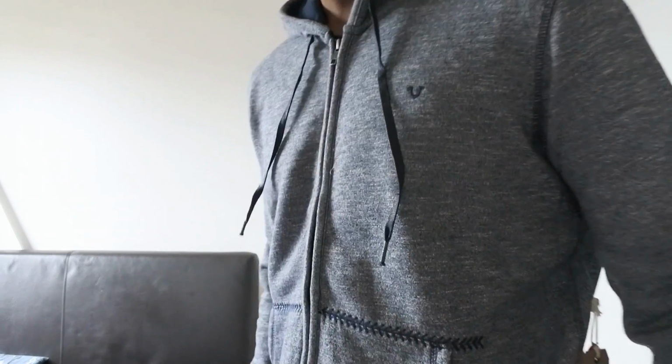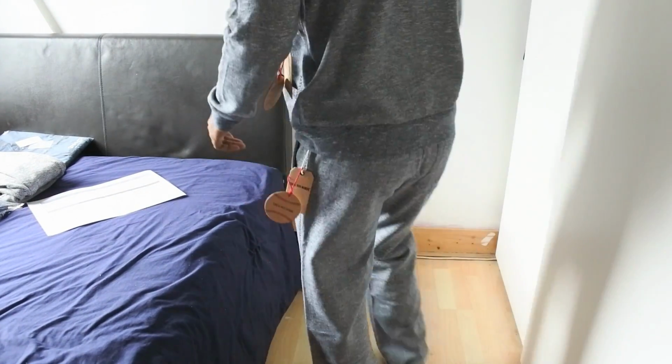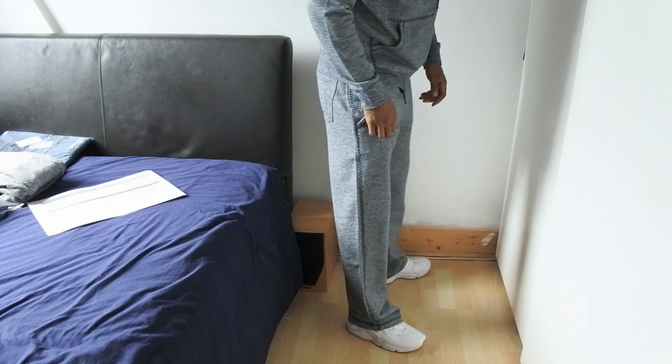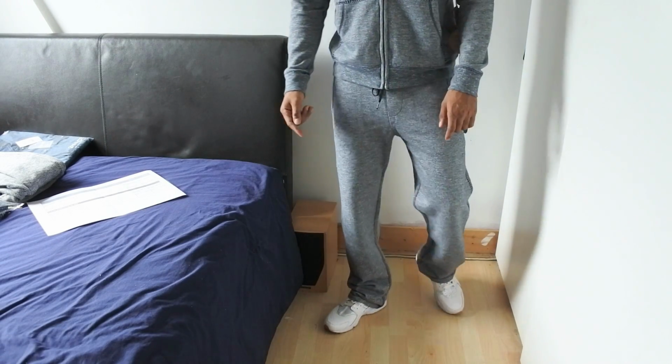But I'm going to show you the bottoms, and the bottoms are absolutely super baggy, man. I think they're a little bit too baggy for me, so you can see what I'm saying. But yeah, really baggy, man. As you can see there, I'm rocking the Huaraches, the white ones that I got in,